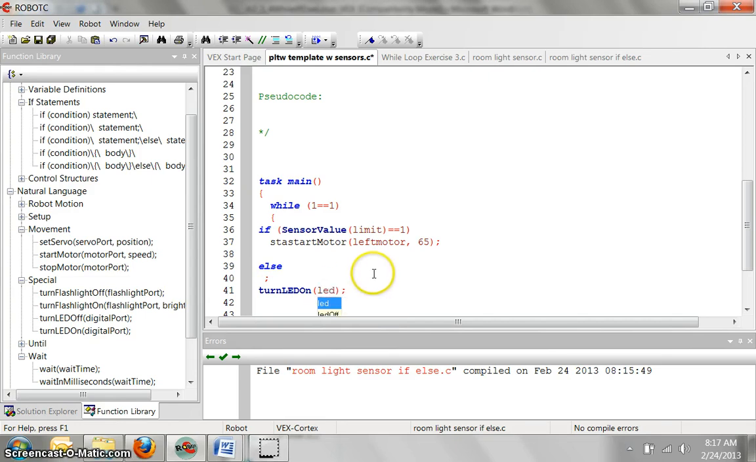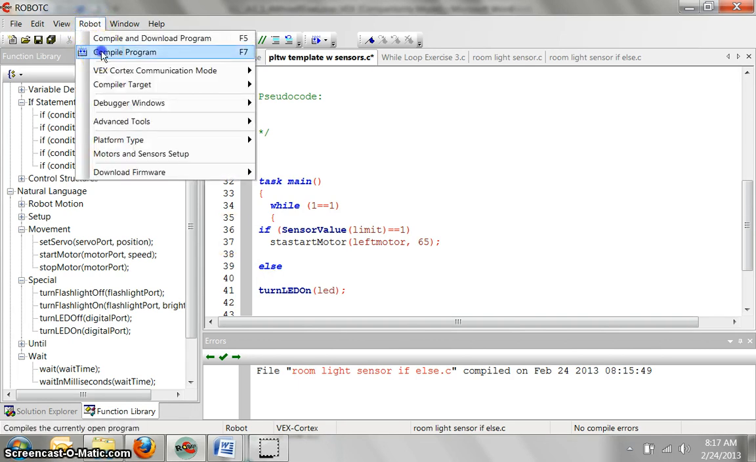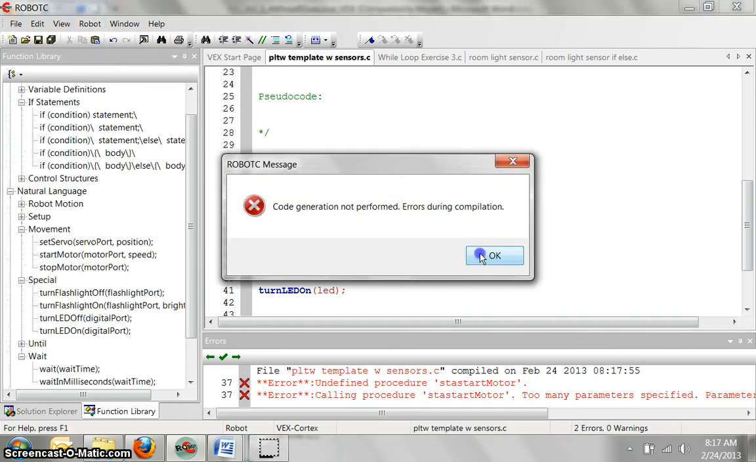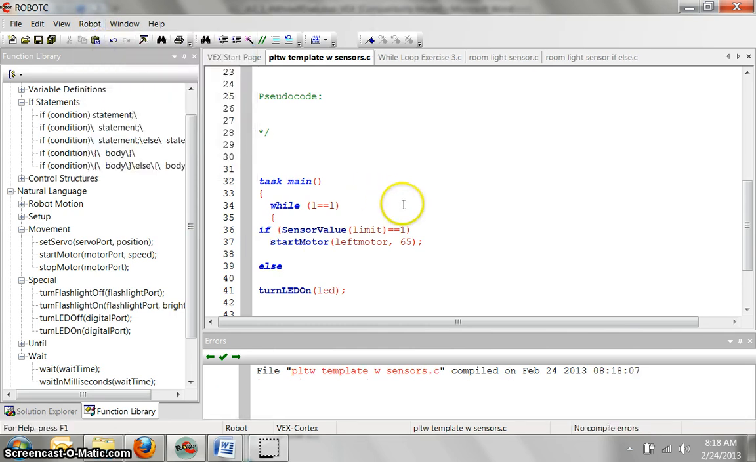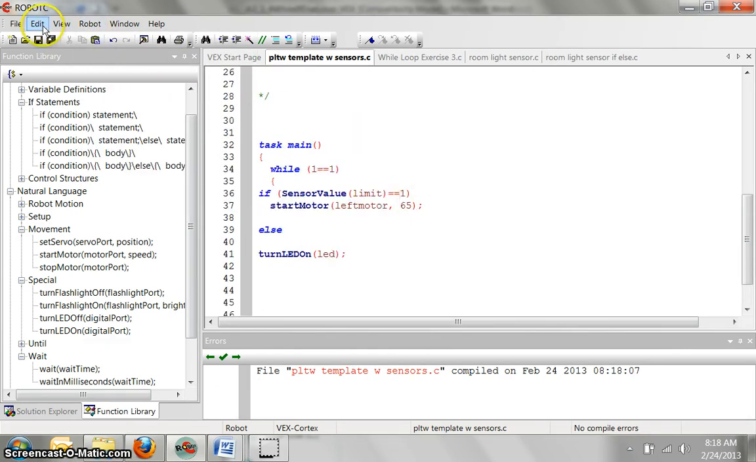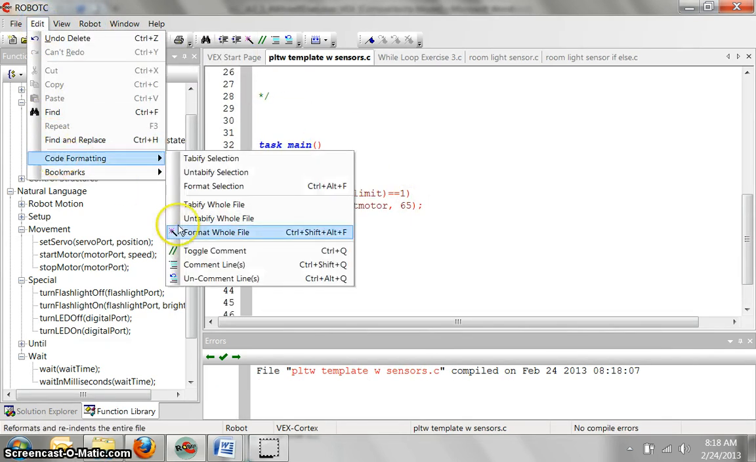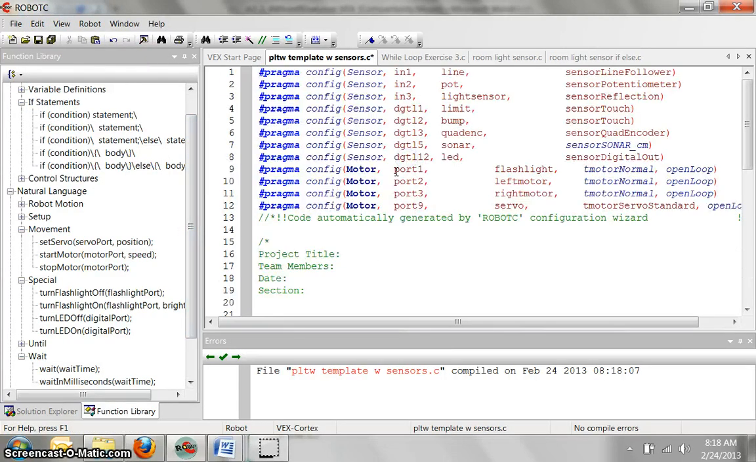And so what you do when you get all done is you compile. I'm sure I'm missing something here. Okay. Undefined procedure. Oh, I got to start. I got some kind of extra thing there. Okay, there's start motor. Compile program. What do you know? It all worked. And again, if I go edit, code formatting, format whole file, I can see way easier what's